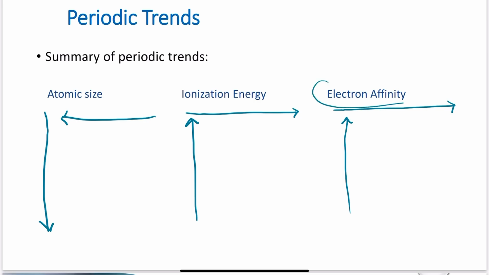Electron affinity is truthfully easiest just to predict if you look at the configuration itself. It's easier to think about the atoms themselves and think about what it would actually take. For ionization energy, the trends work for the most part. There are some major exceptions, but if you think about electron configuration, it makes sense. And atomic size follows this pattern along with ionic size for the most part. And we will cover those in just a